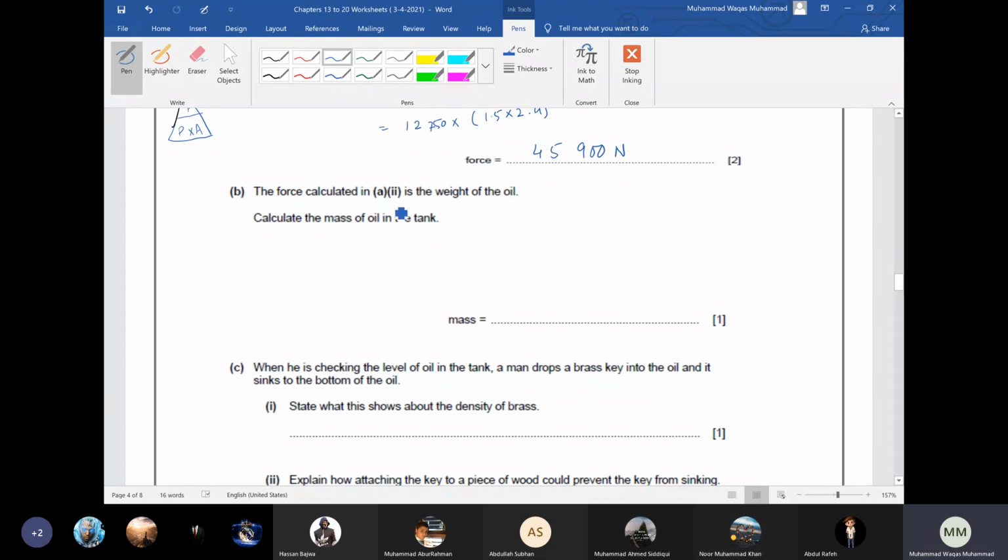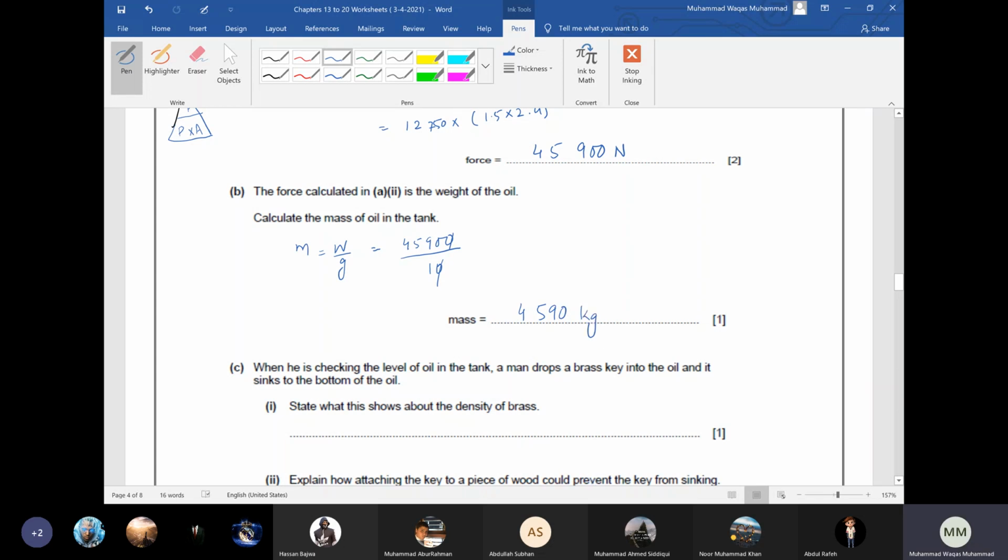Now the force calculated in A2 is the weight of the oil. Calculate the mass of the oil in the tank. Beta, how can we calculate mass from weight? Sir, mass is equal to weight divided by acceleration of free fall, g. M is equal to W divided by g. So 45,910 divided by g, so cancel. So it will be 4,590